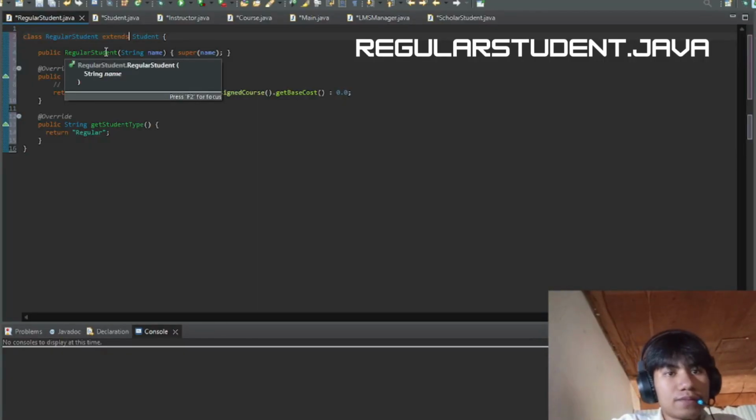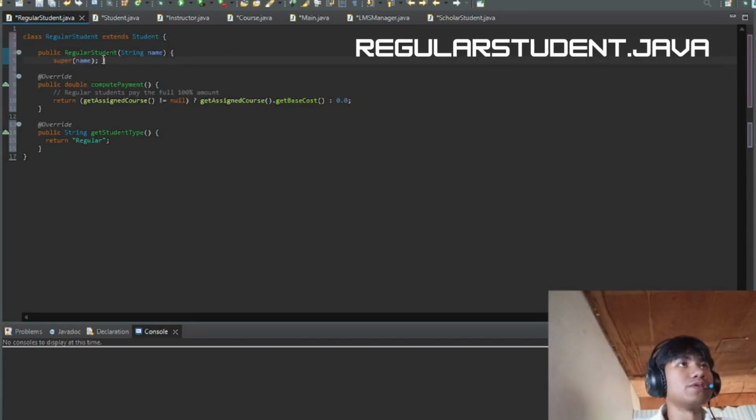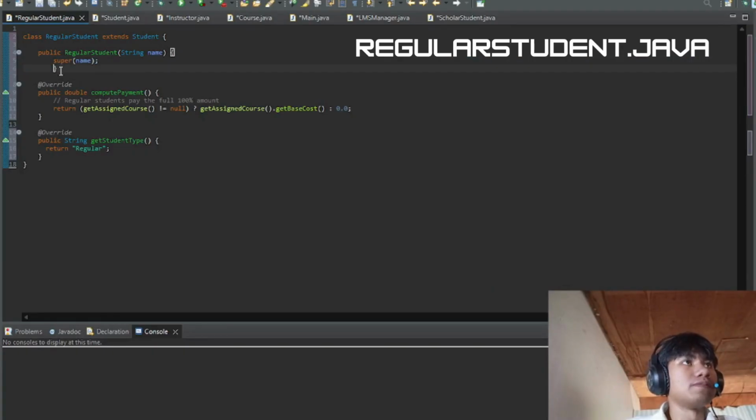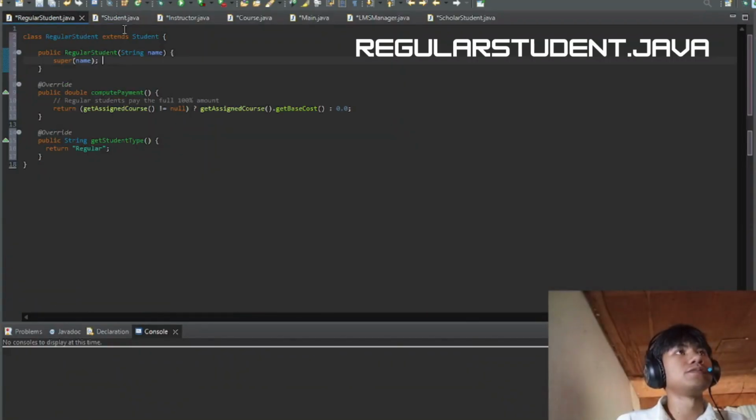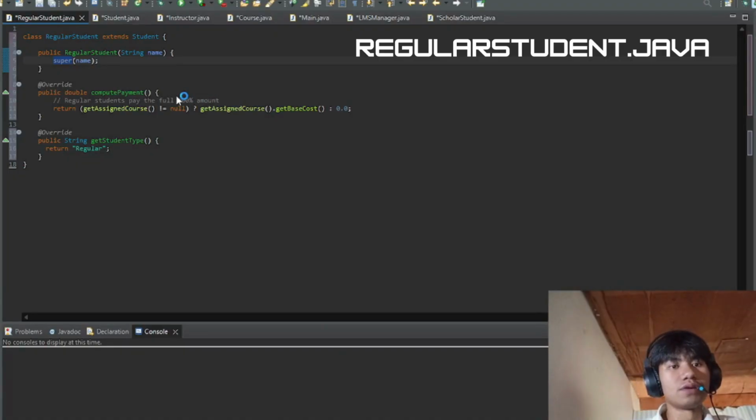The first method is a constructor which accepts a string name and passes the parameter to the parent class using the super keyword. The core of this class is the override.